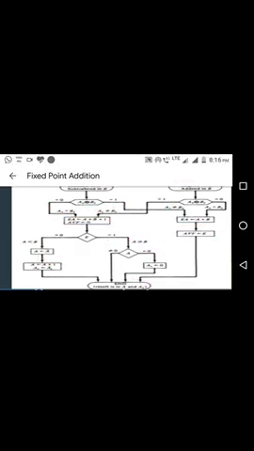When in case of subtraction, you require to perform the addition when the sign bit of both A and B are different. That means if it is minus A plus B or plus A minus B, and if you require to perform subtraction, ultimately you will perform addition only in these two cases. So what I am trying to say,